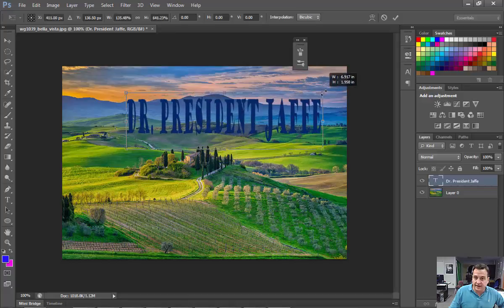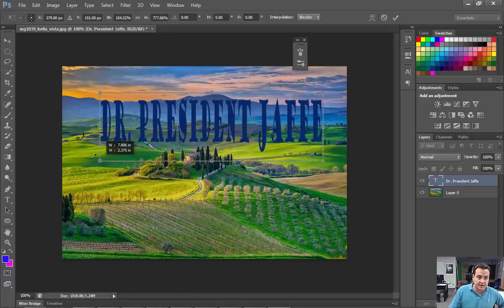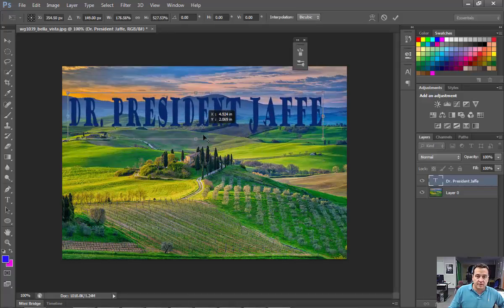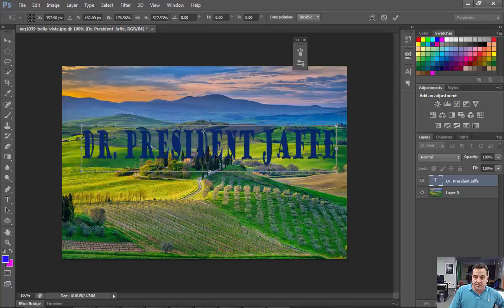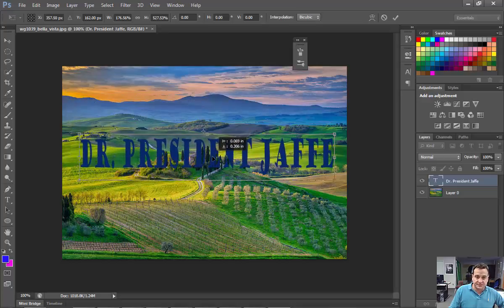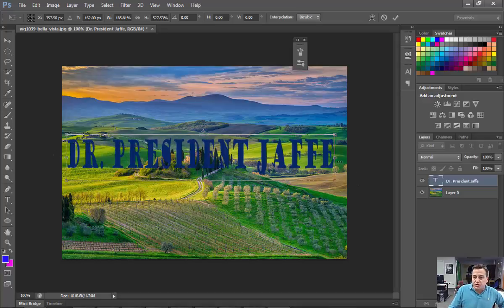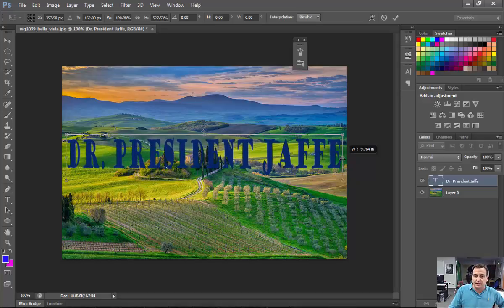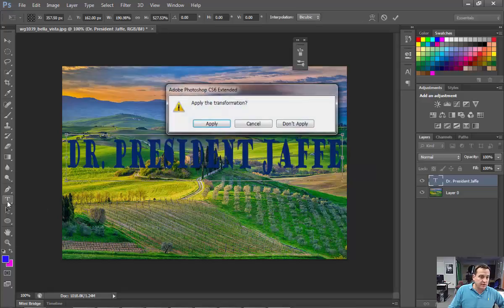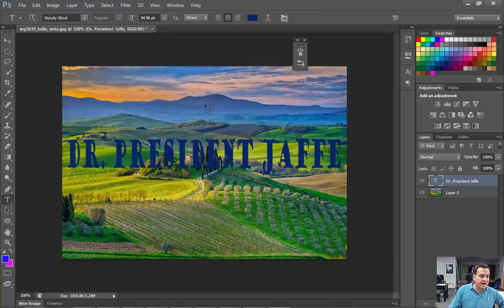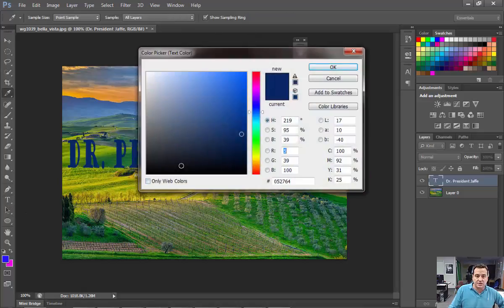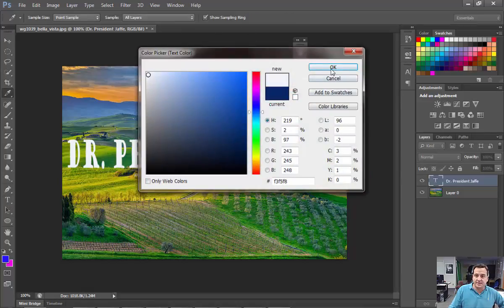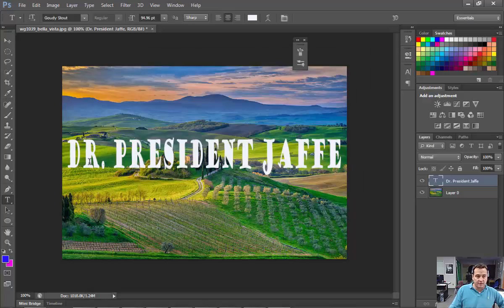You want to make it kind of big so it fills the width of the image. Okay, sort of like that. Also, so you could see it better, I'm going to go to the Type tool. Yes, I want to apply those transformations. Go to the Type tool and change it to white so you can see it better. Okay? So I put my name,